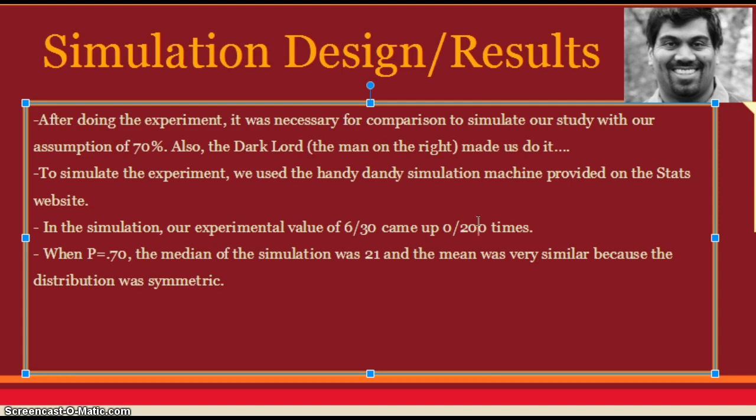So the simulation was, we used a binomial simulation based on our 70% and 30 trials, and then we ran it, and we saw how many successes we had out of the 30, and then we ran that 200 times. So then we made a graph of the number of successes out of 30 for the 200 trials,